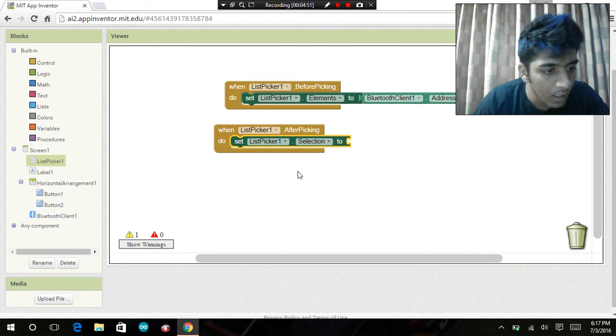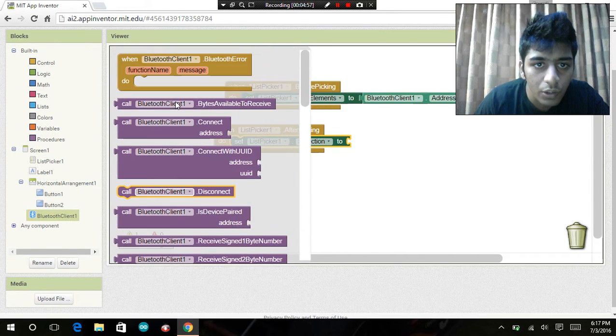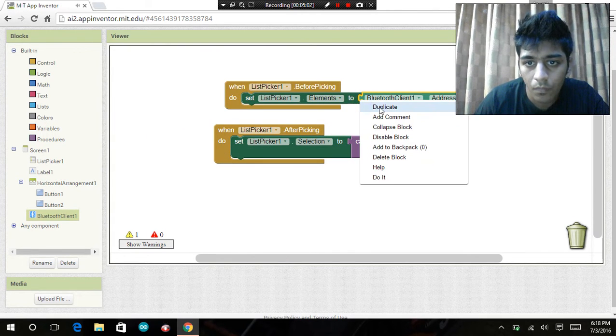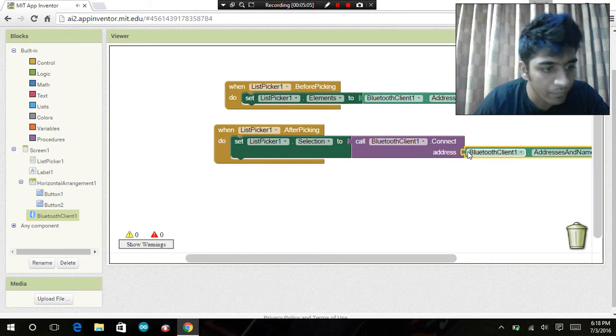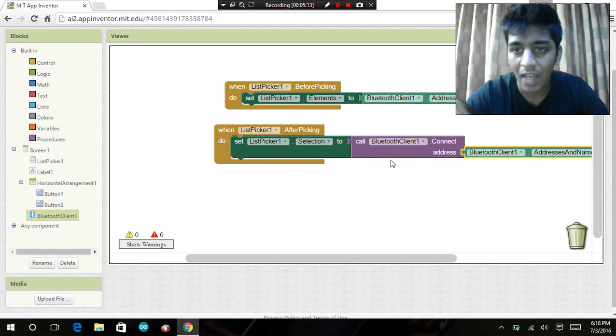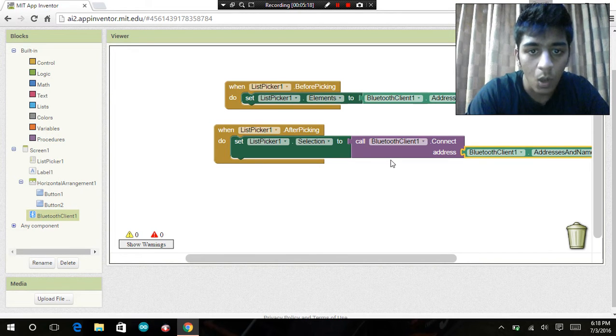All right, and then go to the Bluetooth client and search for, yeah, that's it. So what I've done is, when list picker before picking, set the list picker elements to Bluetooth client dot address and names. So after that, what happens when you click the button? So when the list picker one after picking, set the list picker one selection, call the Bluetooth client connect address to Bluetooth client one and the address and names.